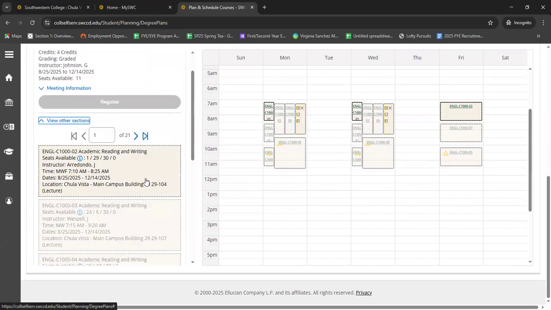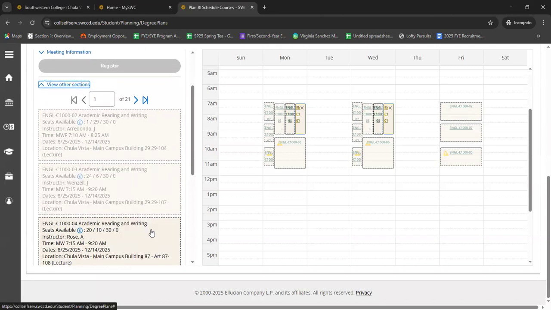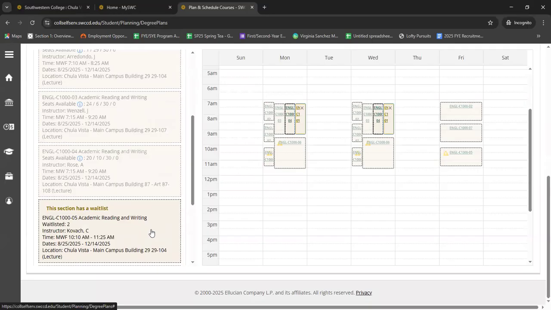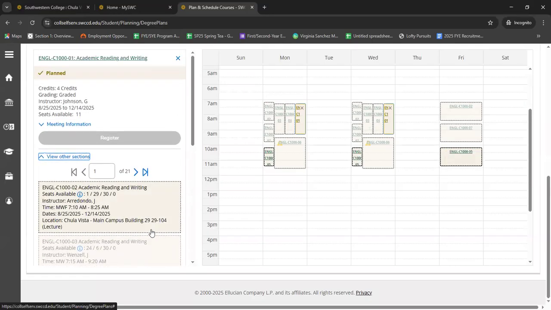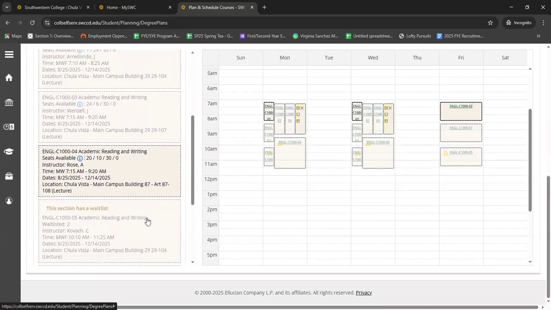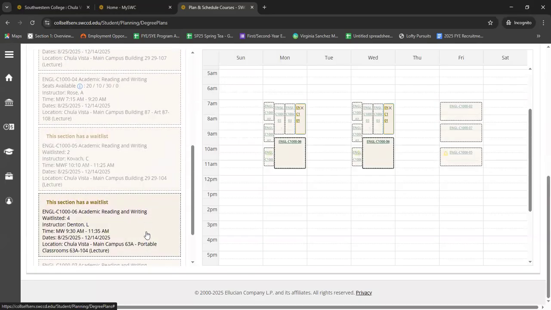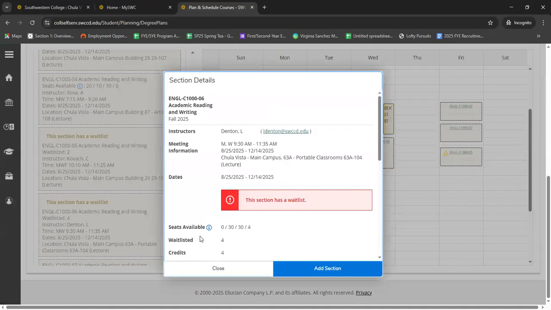So if I hover on this one, the class that I'm hovering over will be highlighted in a dark blue perimeter on the planner to the right. So you can see how it changes from one class to another. So let's say I didn't want the initial one that I chose, which is section 1. Let's say I want section 6. I want it a little bit later on a Monday, Wednesday. I will click this one. I will click add section